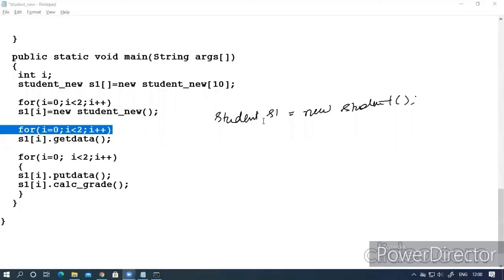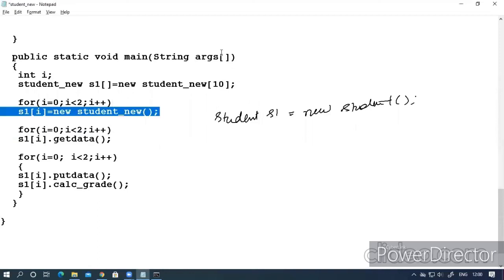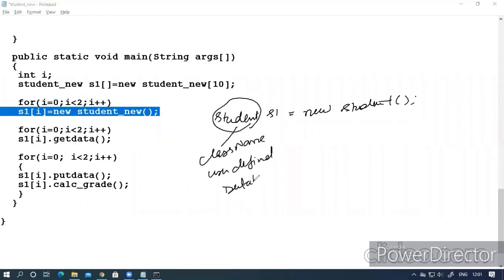So linear search you have to apply. If I interpret the complete statement, this is my class name. And what is a class name? That is a user defined data type. This is my object name. This is also called an instance of a class.